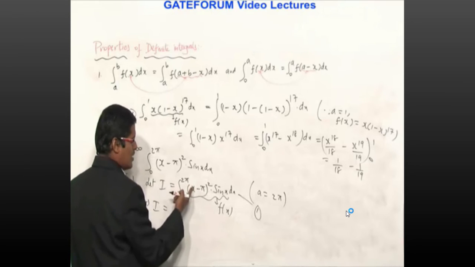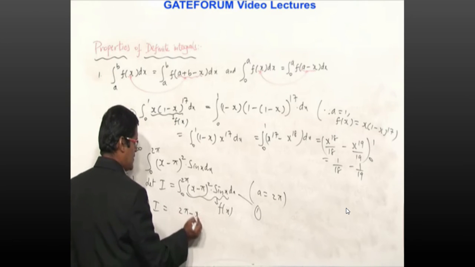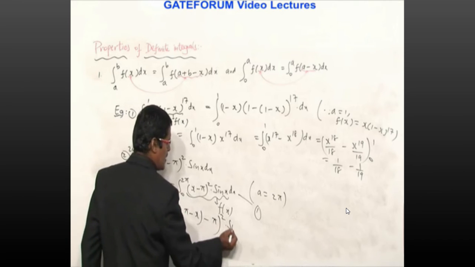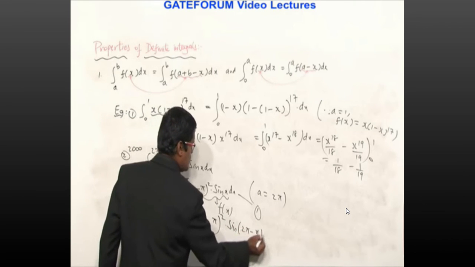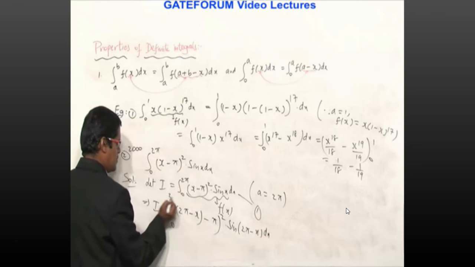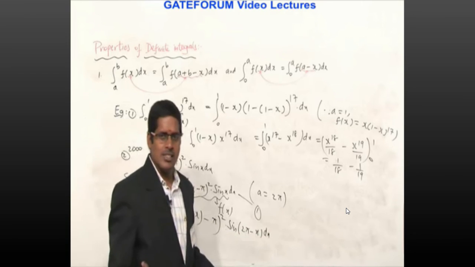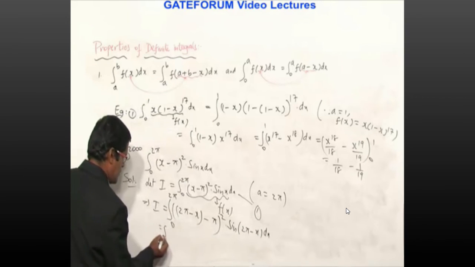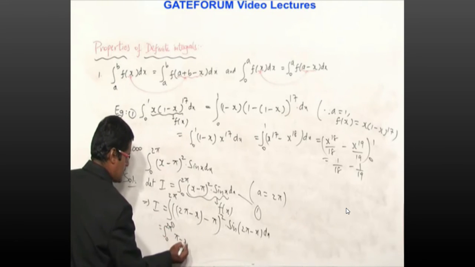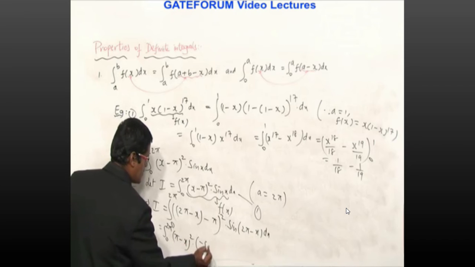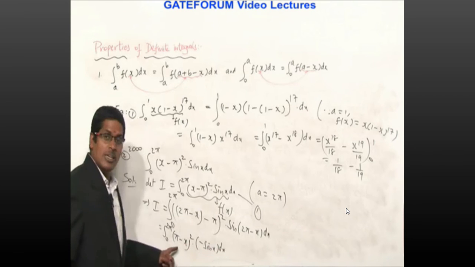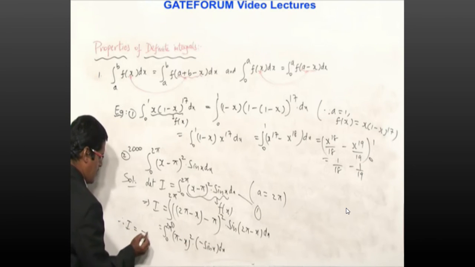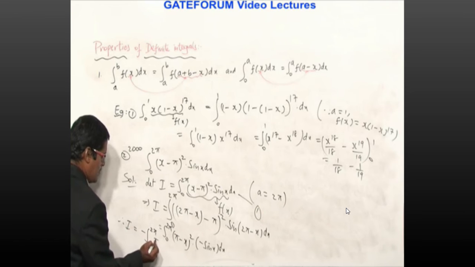Replace x by 2 pi minus x. x is replaced by 2 pi minus x, minus pi is already there, whole square into sine of (2 pi minus x) into dx, limits of the integral 0 to 2 pi. Sine of 360 minus theta: 360 minus theta is the fourth quadrant, sine is negative, so this becomes minus sin x, and this becomes integral 0 to 2 pi of (pi minus x) whole square into minus sin x. (a minus b) whole square is nothing but (b minus a) whole square. So therefore I is equal to minus integral 0 to 2 pi of (x minus pi) whole square